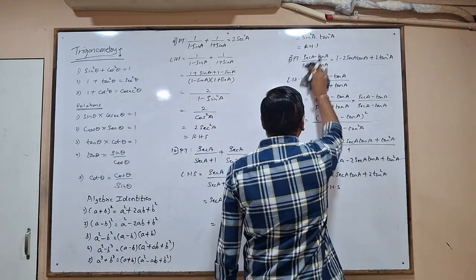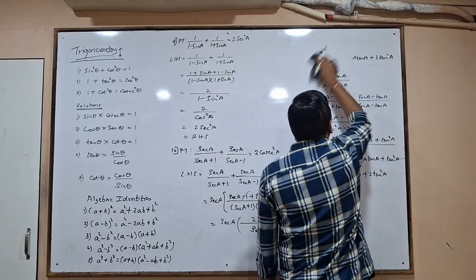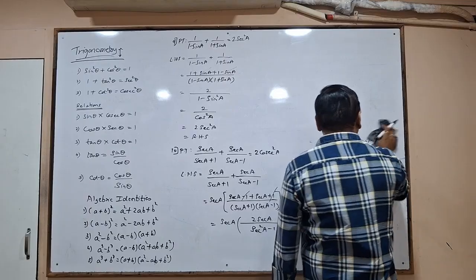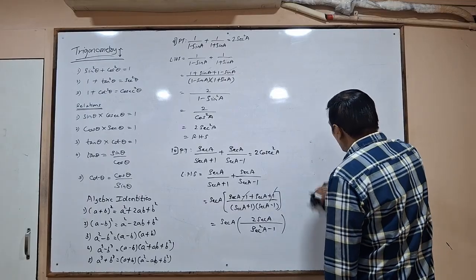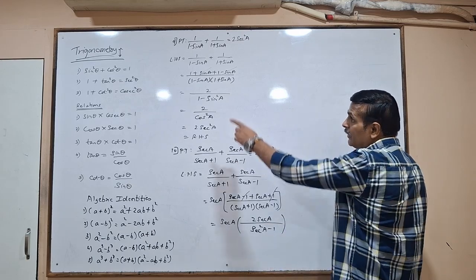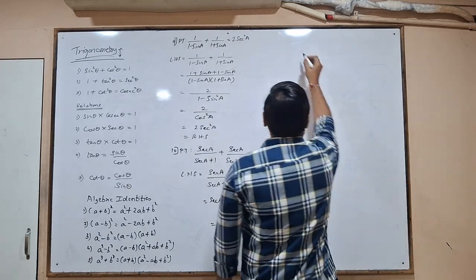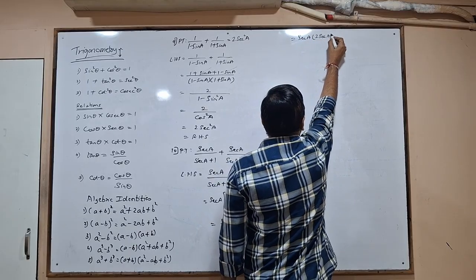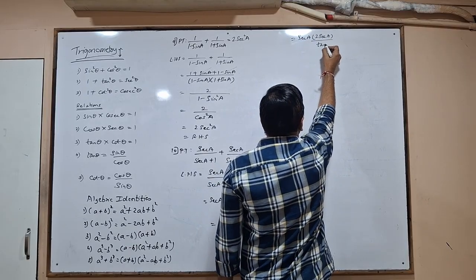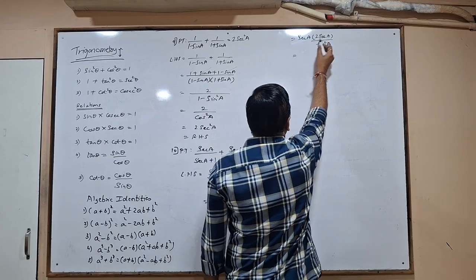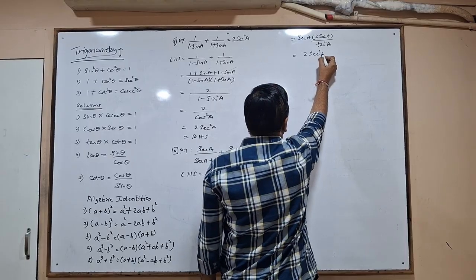And what is sec square A minus 1? Again, we have learned an identity: 1 plus tan square theta is equal to sec square theta. So sec square A minus 1 will become tan square A. So now it is sec A into 2 sec A upon tan square A. Sec and sec I can multiply, so it is 2 sec square A